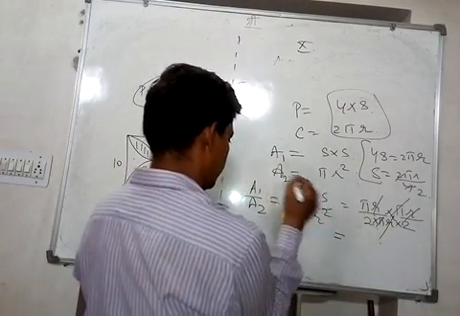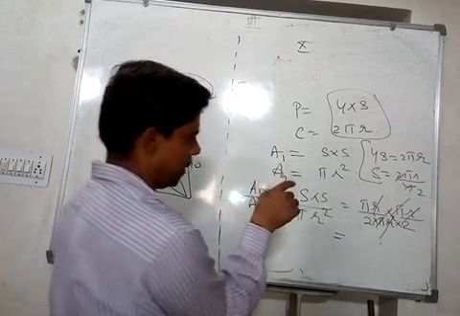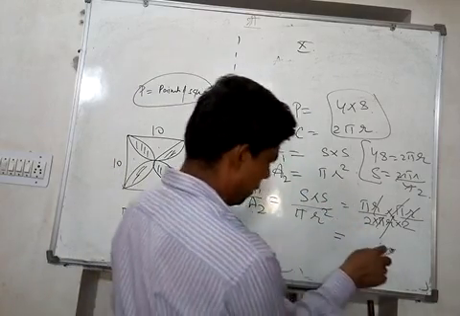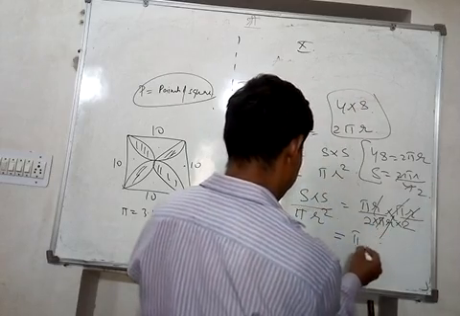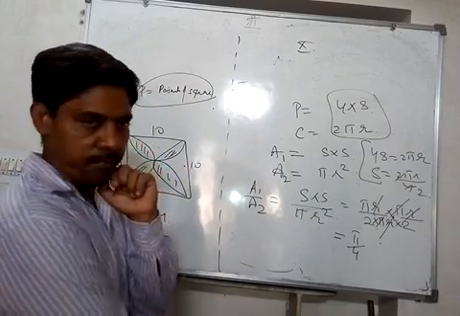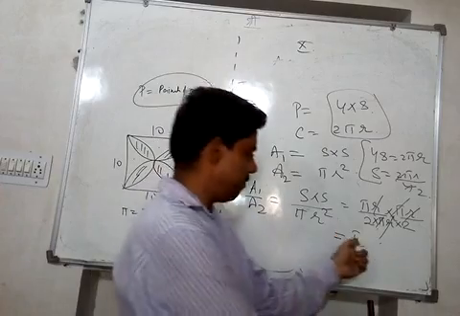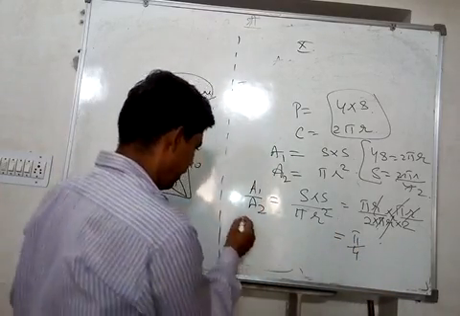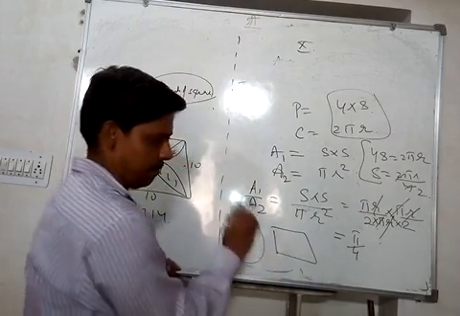Okay, whereas here, C is equal to 4s is equal to 2 pi r. So area of this is pi r into pi r. So we are left with what? Pi upon 4, right? Pi upon 4. That's the ratio of square upon circle. Pi is 3.14 and the other is 4. So the area of the circle is greater. Area of circle is greater than area of square when their boundaries are the same.